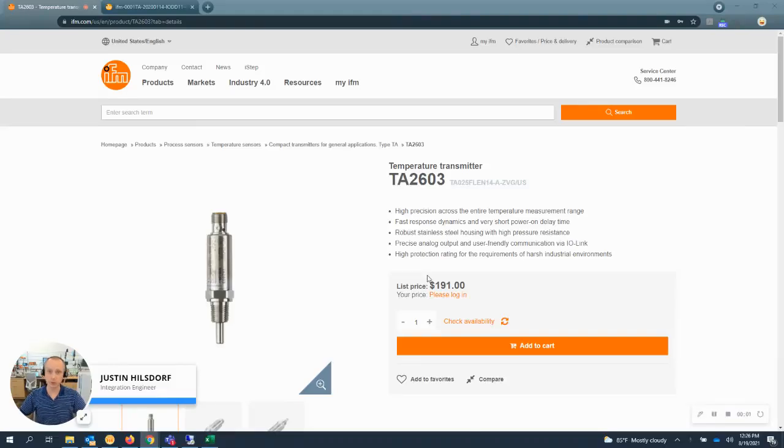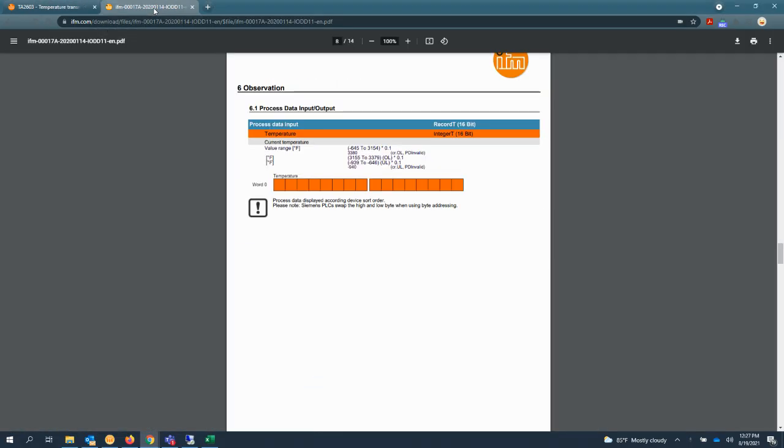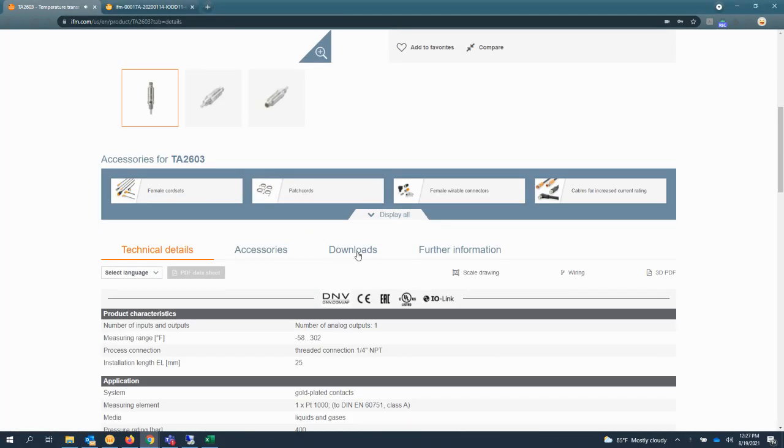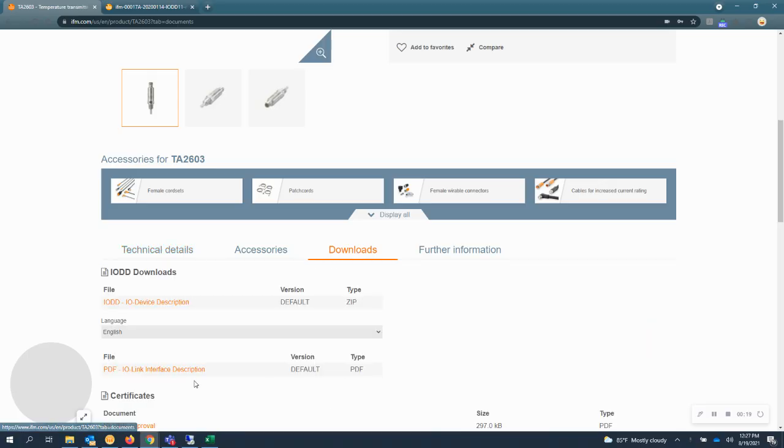All right, so real quick, I'm going to do a setup in Kepware with one of our Modbus IO-Link masters. I have on port 1 a TA2603. To know how that data needs to be parsed, we would come down to Downloads, and we click on the